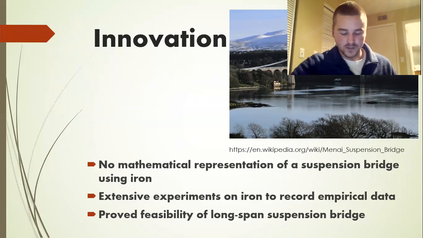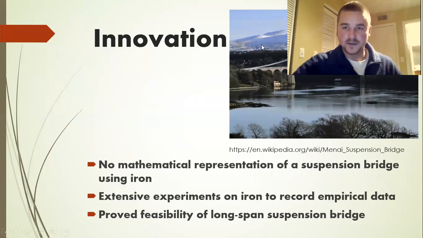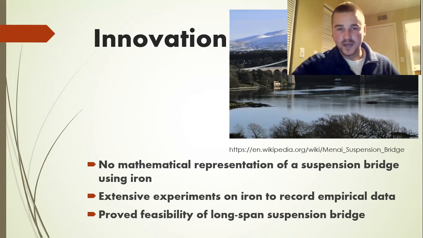Furthermore, experiments include the strength of iron bars involving various sag-span ratios, all encompassing a suspension bridge with the use of iron. With all these experiments, he proved a feasible way of crossing the Menai Strait other than by ferry, by way of a long span suspension bridge involving the material